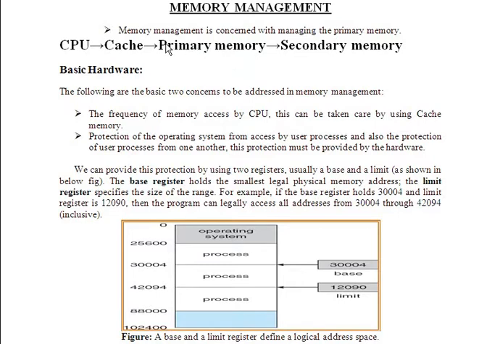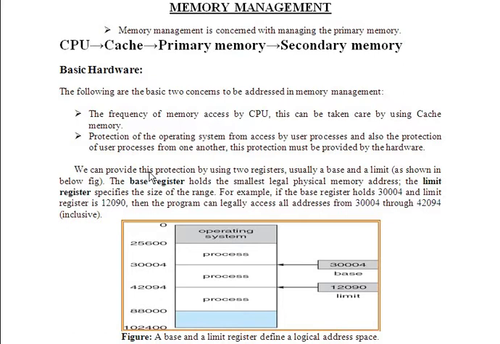Primary memory will be accessed n number of times by the CPU. Somehow we have to make sure that this transition is fast. For that we can use a cache memory in between, as shown here. This is one solution to speed up the communication between CPU and the primary memory. The next one is the protection of the operating system and its users, to make sure that the whole system will not be spoiled or attacked by an unauthorized user.